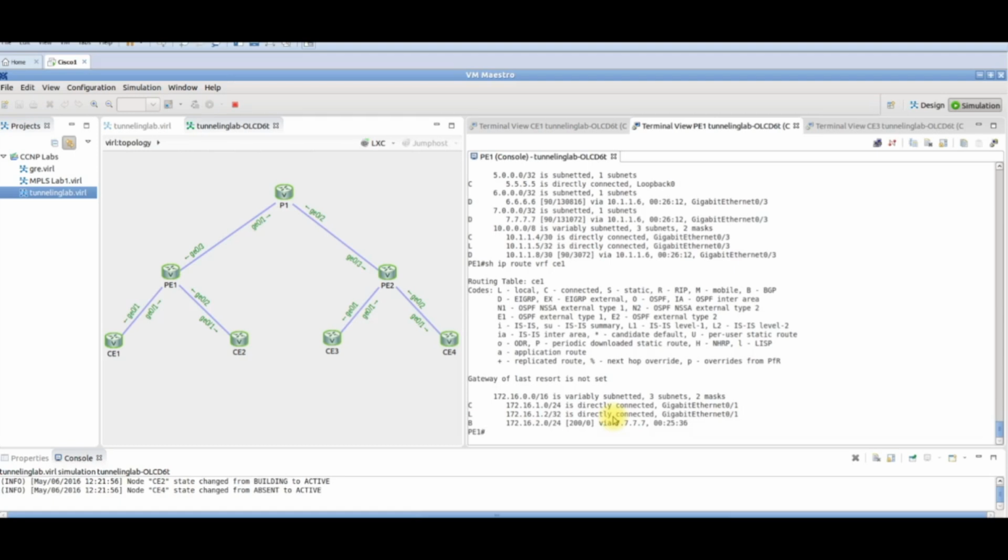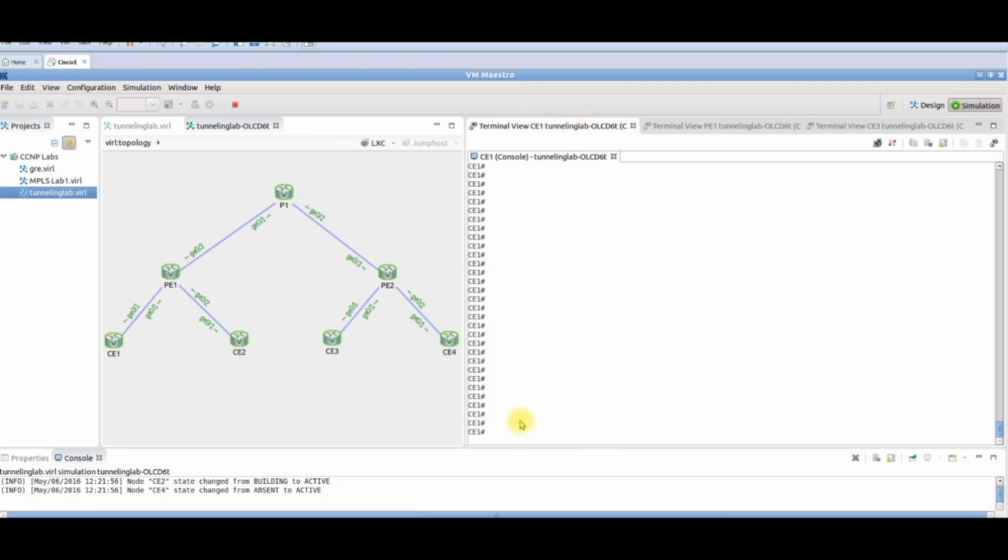And you must obviously redistribute RIP into BGP, because BGP is the transport mechanism that's going to take it across, and then BGP into RIP. Then all you would have to do is go into the CE1, which I'll show you now. And you can see show ip protocols. There should be no